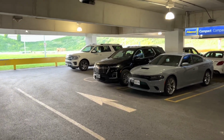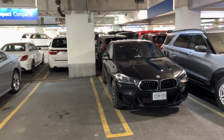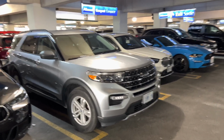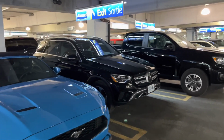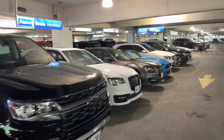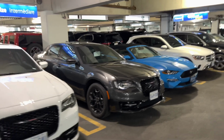Got a Chevy, I think Chevy Traverse, Charger GT. Got a smaller BMW, maybe a 2 Series. Another Ford Explorer. The Explorers are really nice. Another BMW, Mustang convertible. Yeah, they got lots of these Mercedes SUVs in. Got a Colorado, a couple 300s. And I'll just kind of walk through the rest of Reserve here, but I think that's going to wrap it